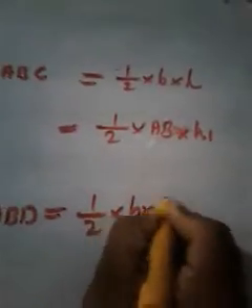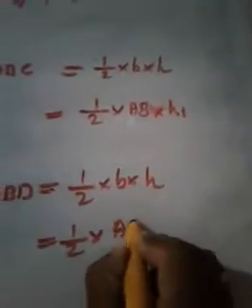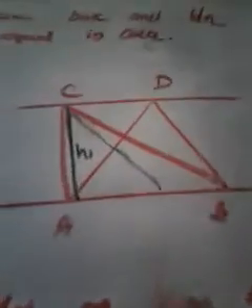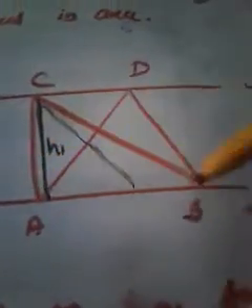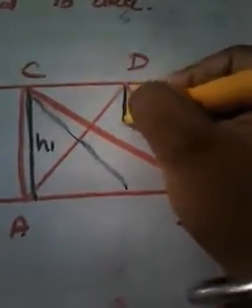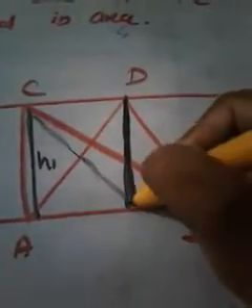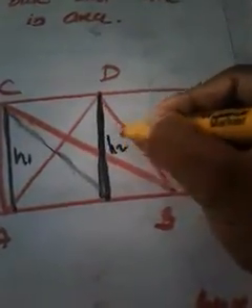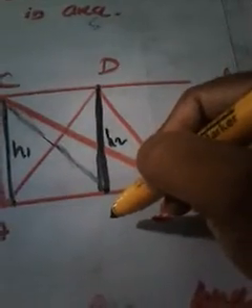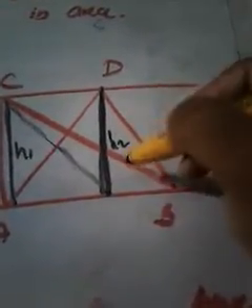In order to calculate the area of that, half into B into H is the same formula. So half into, which is the base of the triangle? AB is the base again, because the base of both triangles is the same, AB. And is there any height given in that triangle? No height is given. As I told you, height should always be perpendicular to the base. But in this triangle ABD, we can draw a perpendicular height in this way. See, now this height is straight. So this is the height in the triangle ABD. Let it be H2. See, this is perpendicular also. Are you following me? So H2 is the height of the triangle ABD.